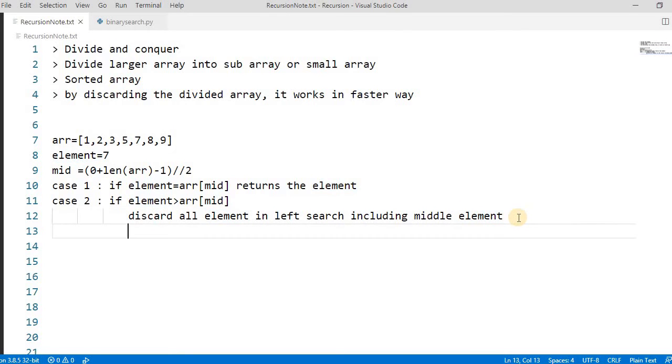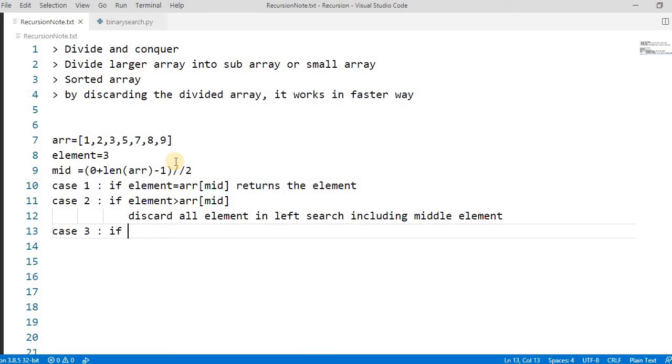Suppose we have to search for the number 3. In that case the element will be lesser than 1, right? So in that case 3 will be there. So only 3 cases are there, and this will repeat. This is for a small 8 elements. If it has more than 10 or more than 100 elements, it will repeat the same process until the result is found. Or if it is not found, it will return that we are not able to find the element, right?